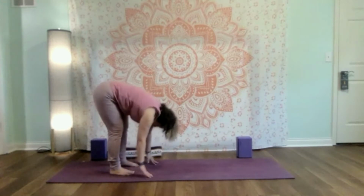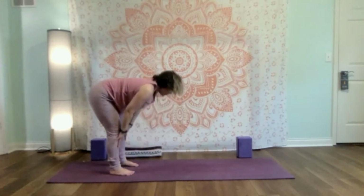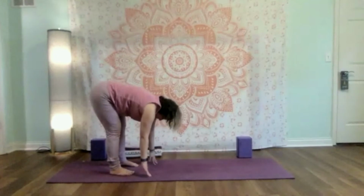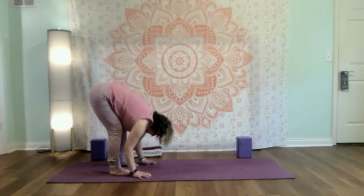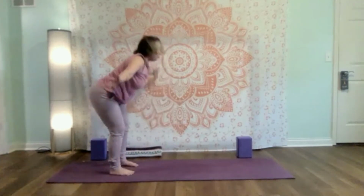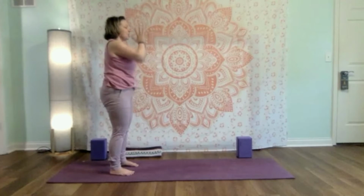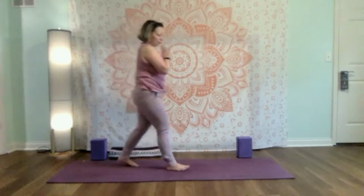Good. Inhale, lift and lengthen halfway. You can be to the floor, the shins or the thighs, lengthen the spine. Exhale, and we'll bow. Inhale, lift and lengthen halfway. Exhale, and we'll fold. Inhale, root through the feet, engage the glutes, rise all the way up. Exhale, hands to heart center. Finding breath, mountain, intention. And when you're ready, we're going to take a field trip to the top of our